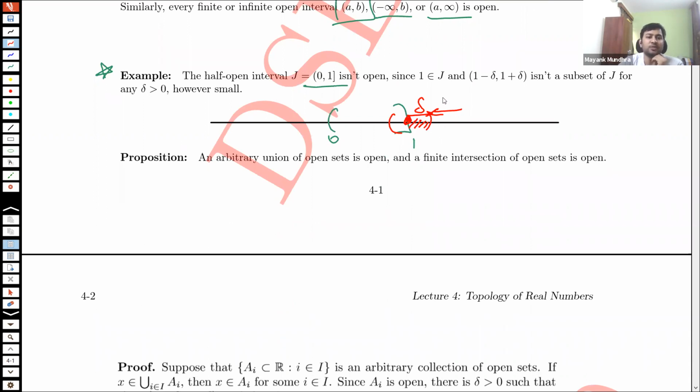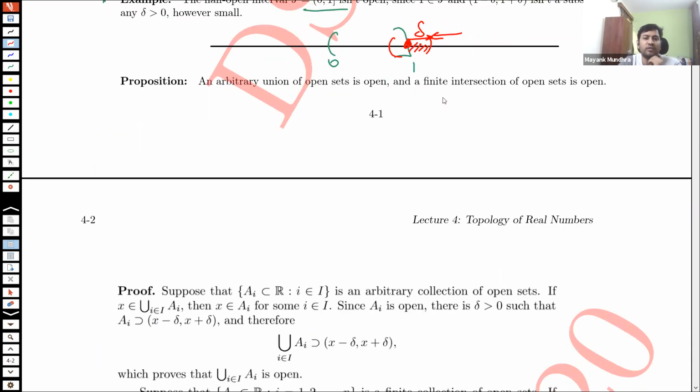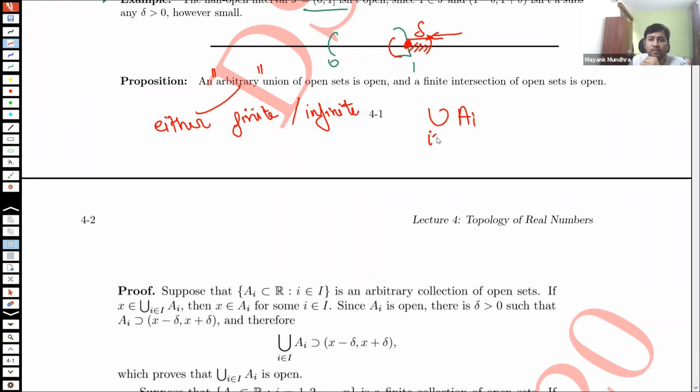Now the next proposition is an arbitrary union of open sets is open. Let's understand the word arbitrary here. The word arbitrary in mathematical language means either finite or infinite. So in this context, you could have, let's say, a union of sets A_i going from i equals 1 to n,